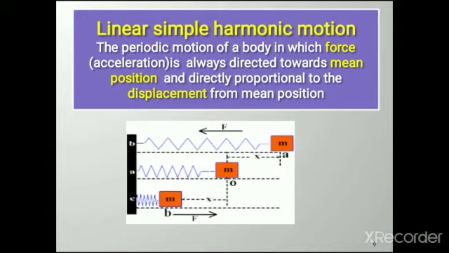Here in the diagram, in the middle diagram B, the spring is at its equilibrium position. When the spring is displaced from its equilibrium position by applying a force, the spring moves towards the right extremity, and if you release the spring, it will oscillate about its mean position. When you release the applied force, by using its restoring force, the spring moves towards mean position and then moves towards the extreme left and again comes to its mean position.